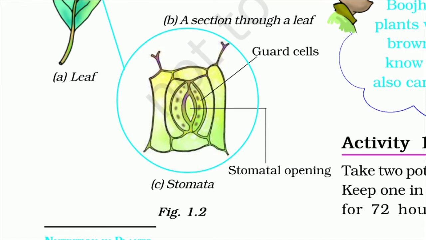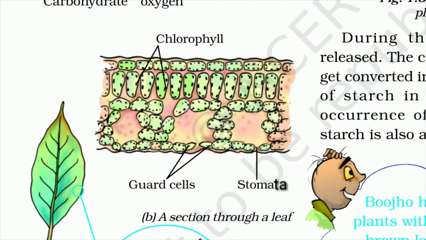This function of stomata helps the leaf to get carbon dioxide in and to release oxygen that is produced by the photosynthesis. Now we will see the arrangement of chlorophyll, guard cells and stomata in the leaves. In the figure, you can see that the guard cell is present on this side, and between the guard cells there is an opening, and this is the stomata. When we move to the inner side of the leaves, the chlorophylls are arranged in a linear sequence. This chlorophyll helps the plant to trap sunlight that is used to synthesize raw materials such as carbon, hydrogen and oxygen to produce oxygen and starch.